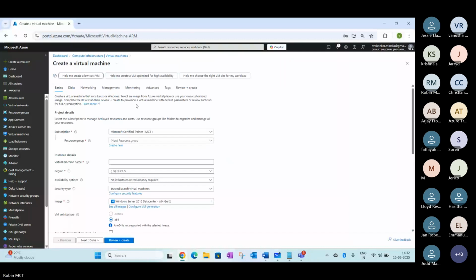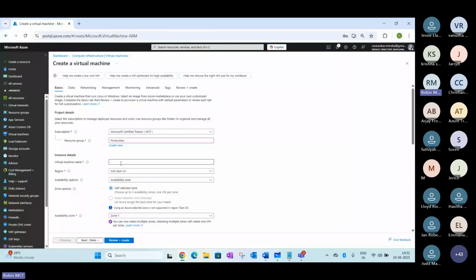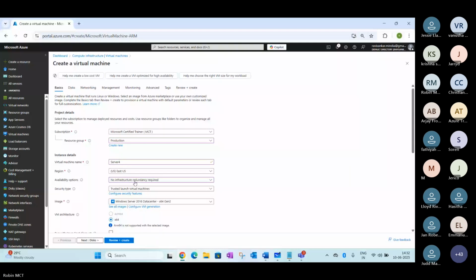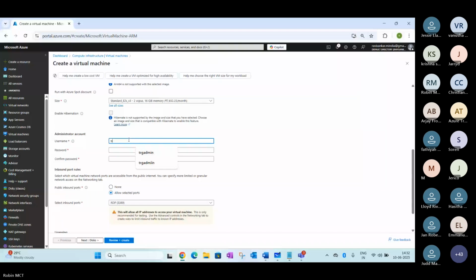Production, server 4, trying to enable this one. Networking.